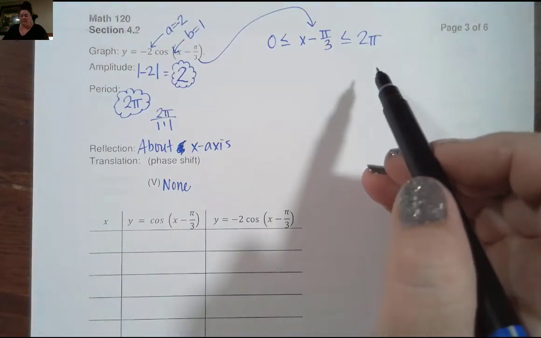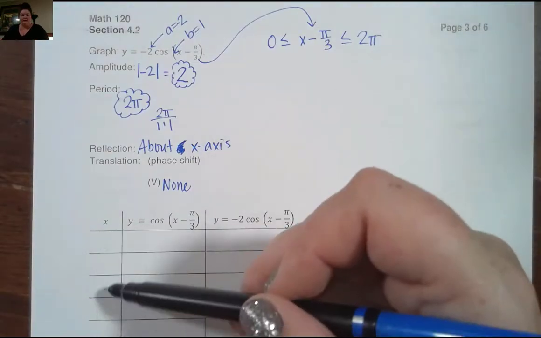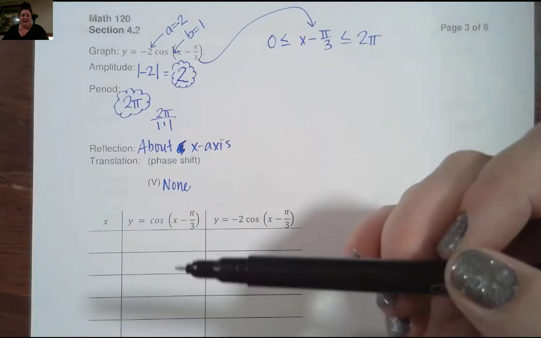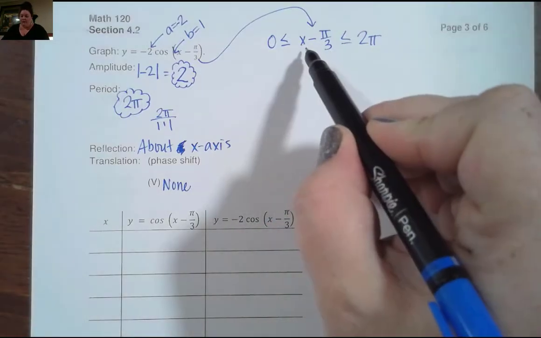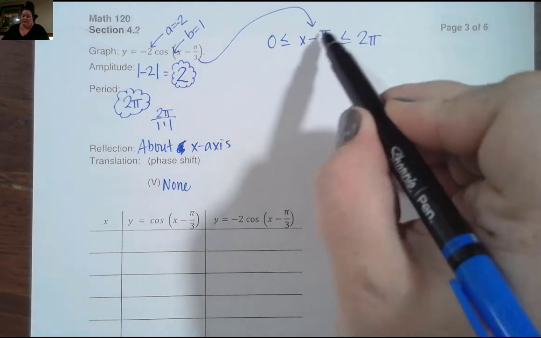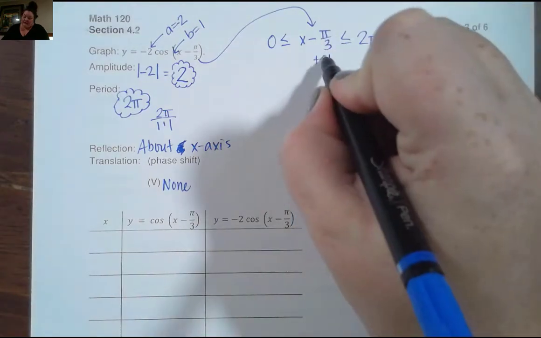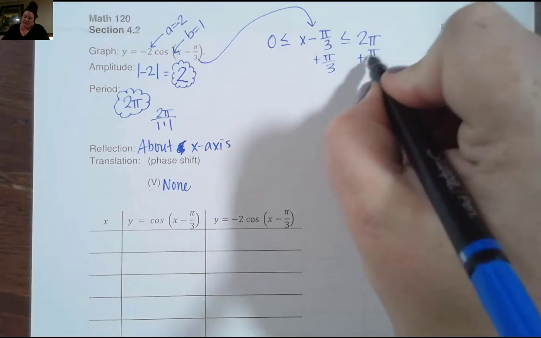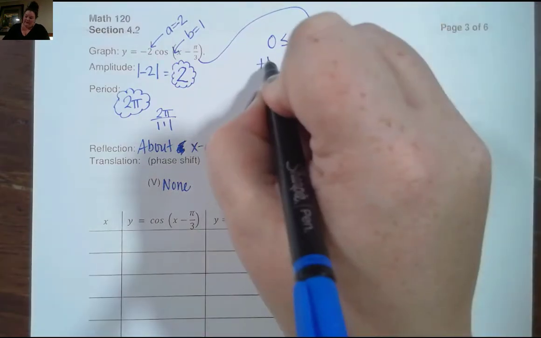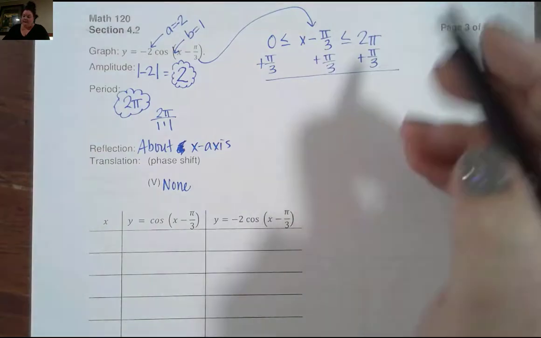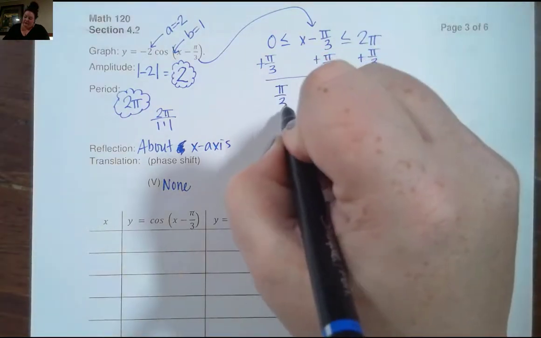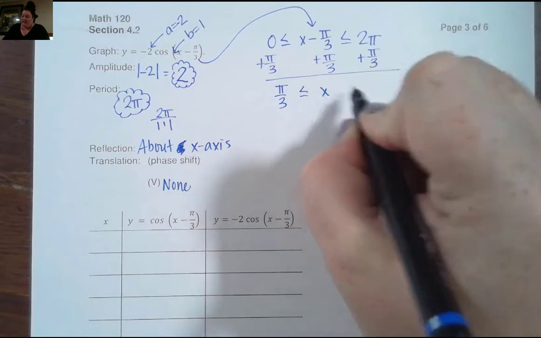Okay, so we can find our nice x's that give us those pretty quadrantal values. To get x by itself, we need to get rid of this pi over 3, which we do by adding. If we add pi over 3 on the inside, we have to add pi over 3 on the outsides. So we end up with pi over 3 is less than or equal to x is less than or